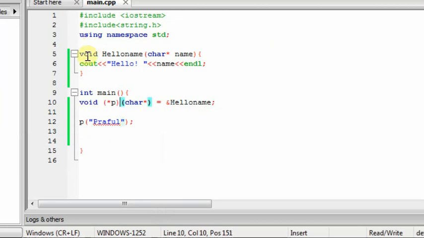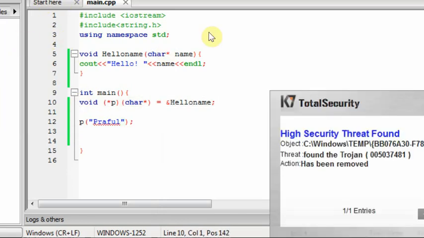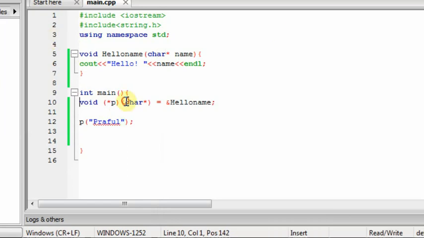Understand again what I have done. The prototype is the same, the argument will also be the same, and the return type is the same. The whole prototype should be the same as the function, the arguments and return type. There is nothing hard in this: we assign the address of the function and simply call it like this. Also I can call it like this, actually it's also the same.